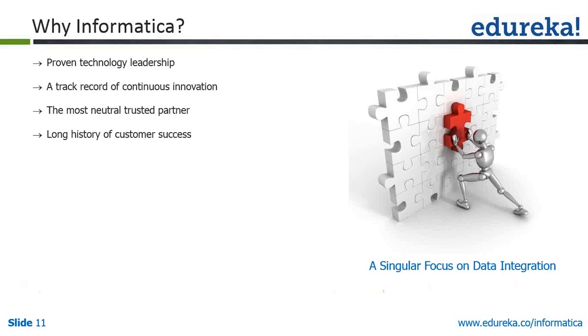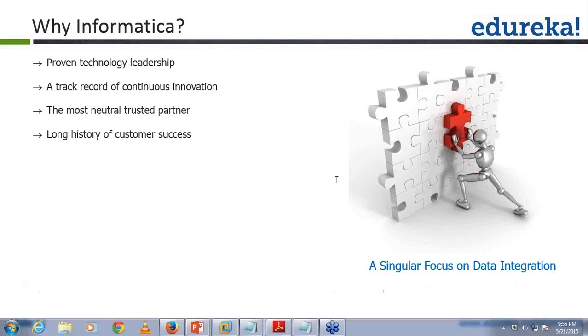The singular focus for Informatica is data integration, and it is the most neutral, trusted partner available for any kind of data sources. If you consider Oracle Sunopsis, the ODI, it is more inclined and works well when the source and target are Oracle. Similarly, SAP has got